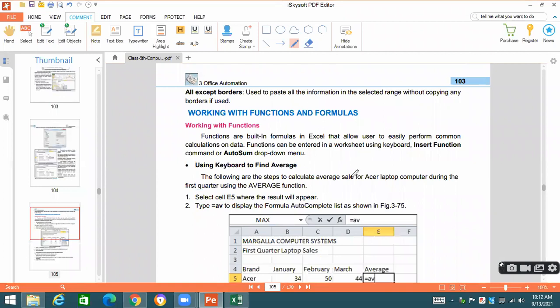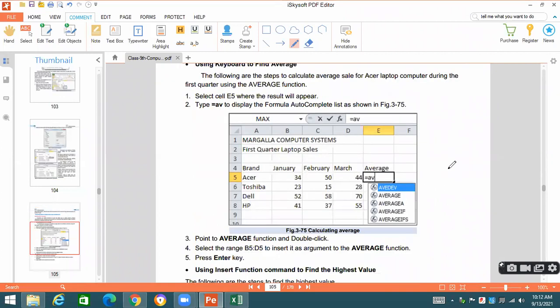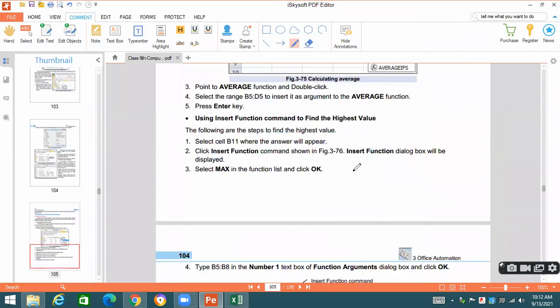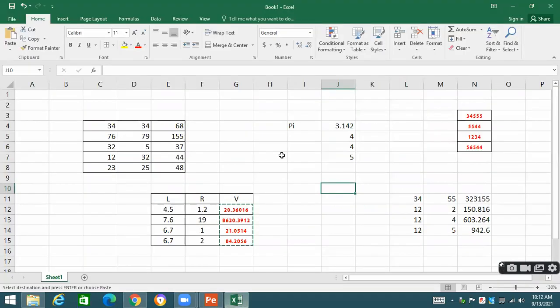Working with functions. Now this is very important and very interesting. There are a number of functions available in Microsoft Excel that we can apply to our data.